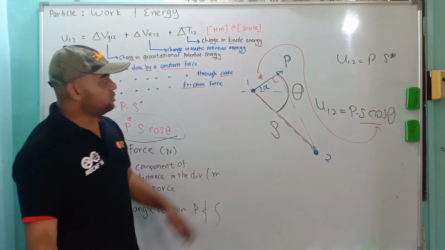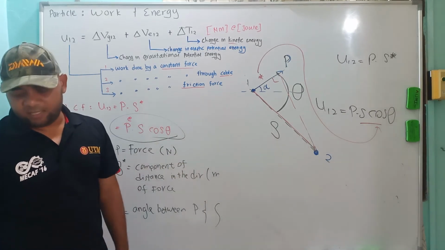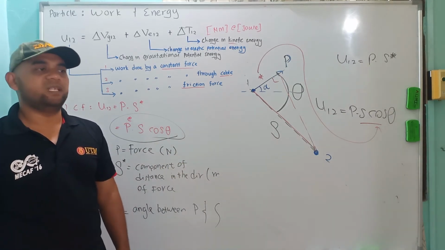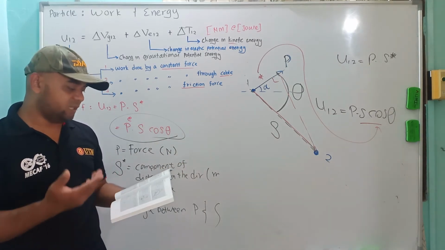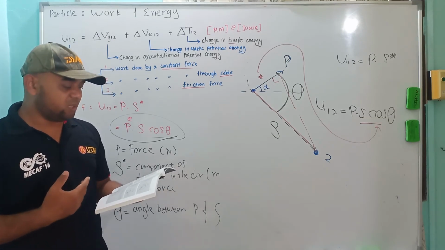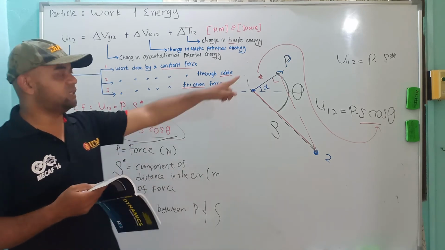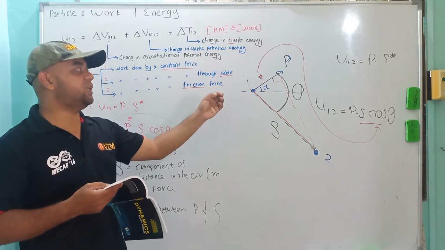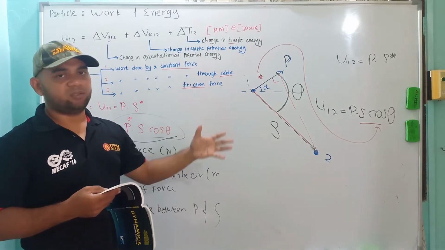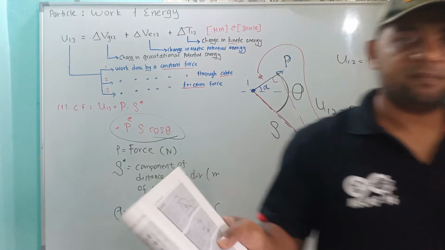And one more thing, this constant force must be said clearly in the question. If in the figure there is directly written, or you can see clearly from the figure, you can use this P. If not, the U12 from P, you can consider it as 0. What I mean by this is, if you look at this one.